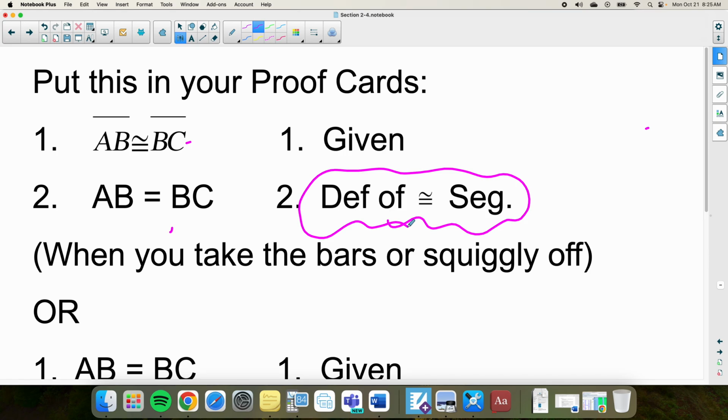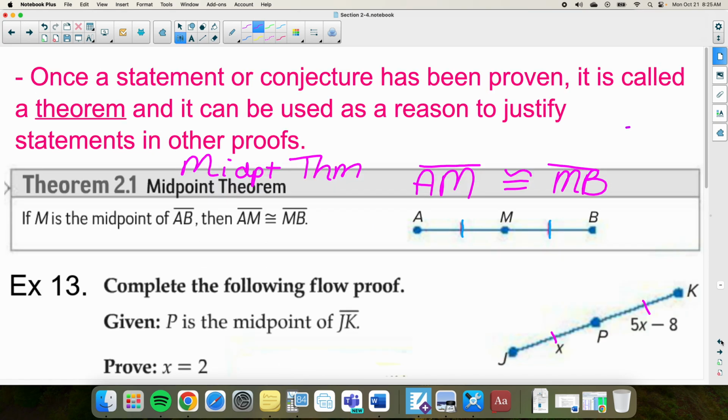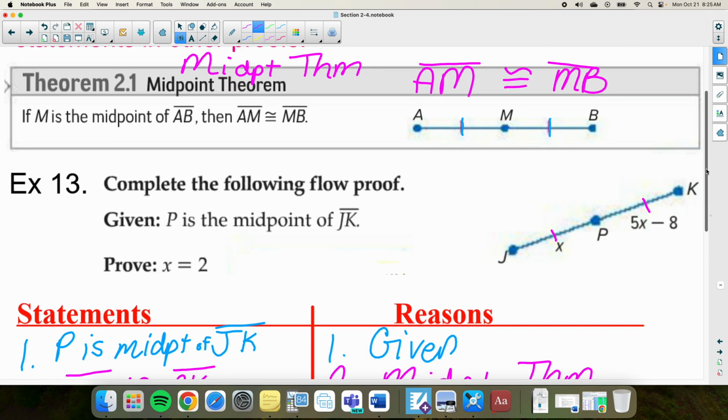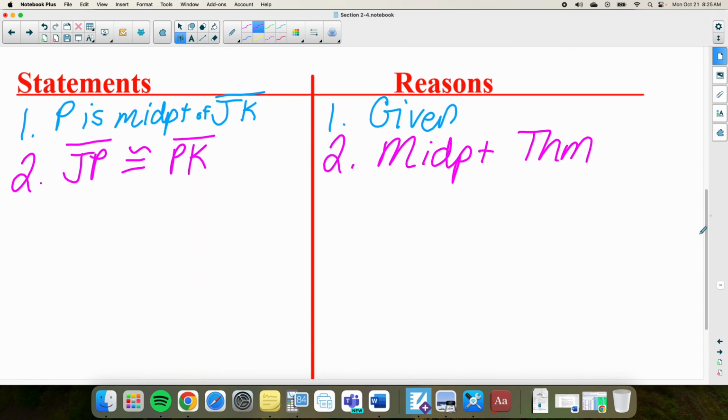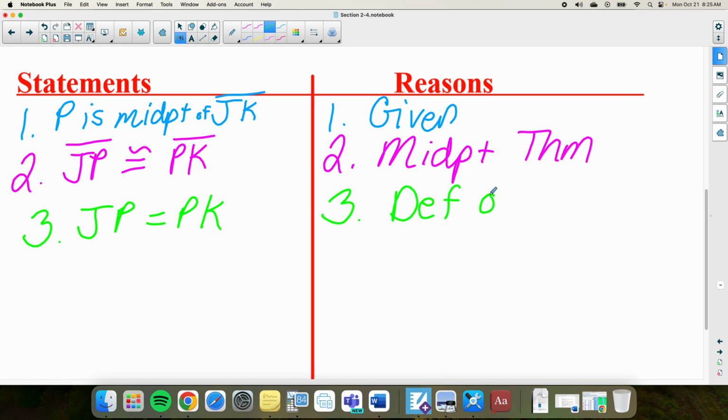So if we go back here to our proof, all right, what I'm going to do next is just take the bars and the squiggly off. And again, that is definition of